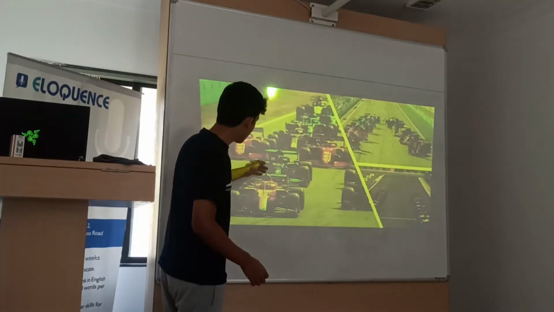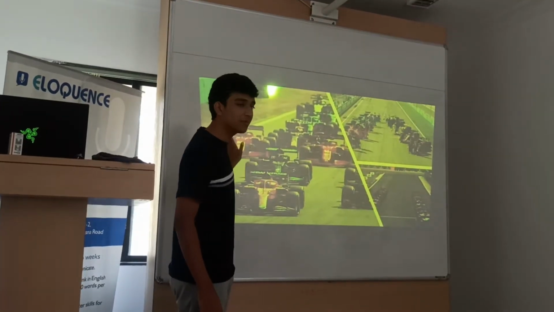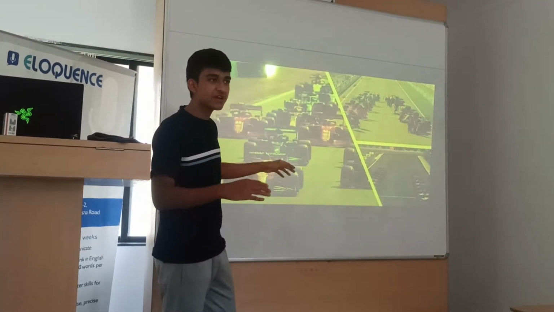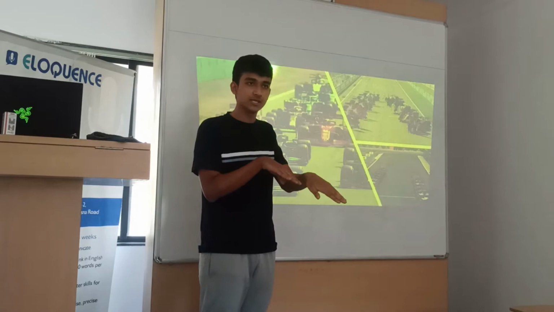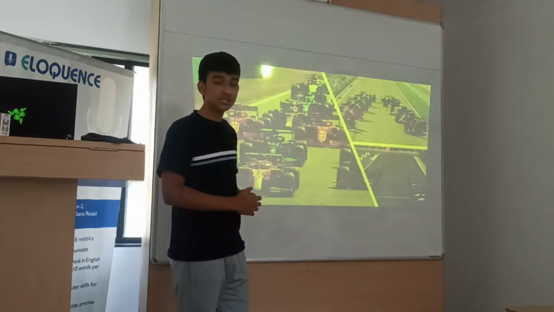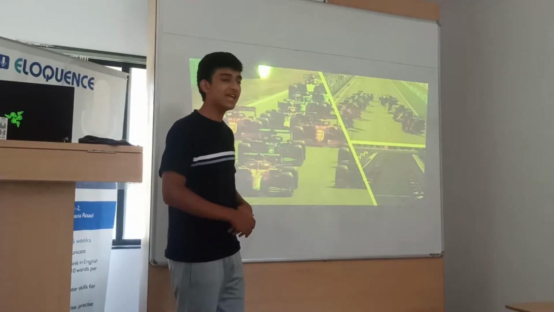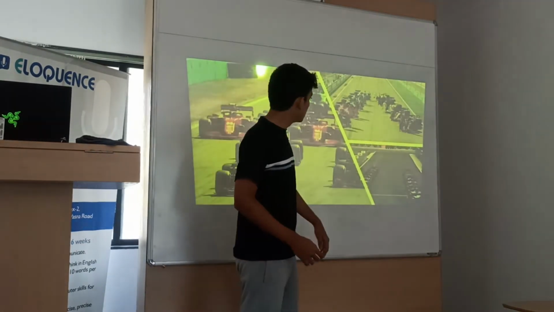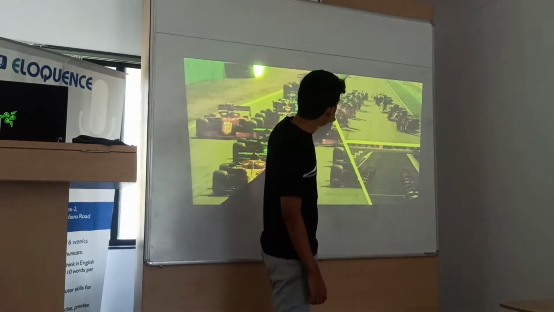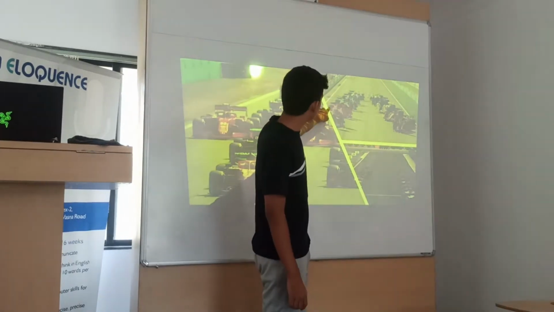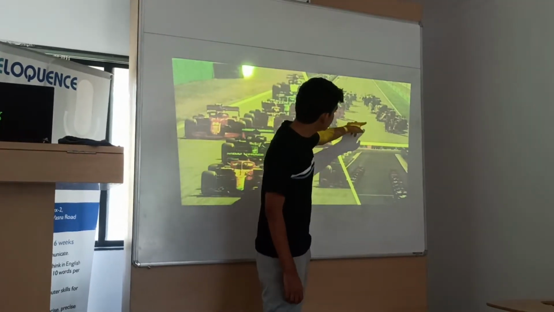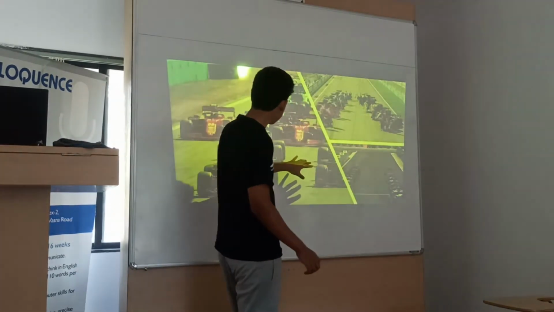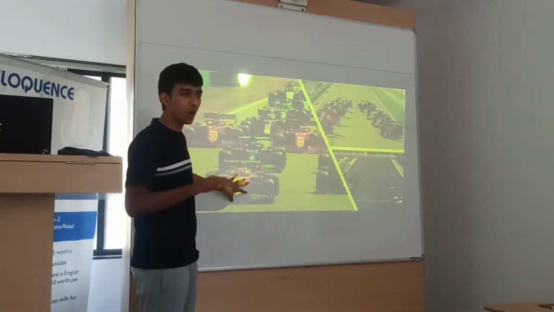It is a very boxy shape, and this was an issue in all the previous generations of cars, where, as I just explained, the downforce levels were affected when a car was following another car while racing. And as I mentioned, the regulations that the FIA, the governing body of Formula 1, has integrated this year are that the wings at the back, can you see these are curved now? It might not be very visible, but the wings are much more curved than before. The shape is much different, and it has become much less complicated.